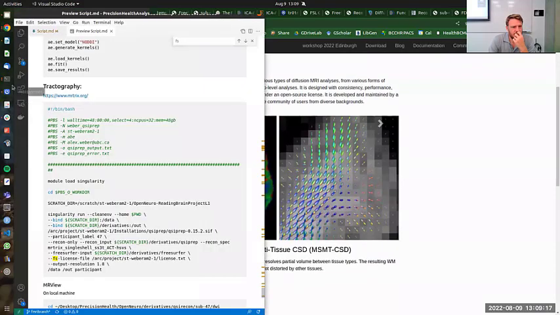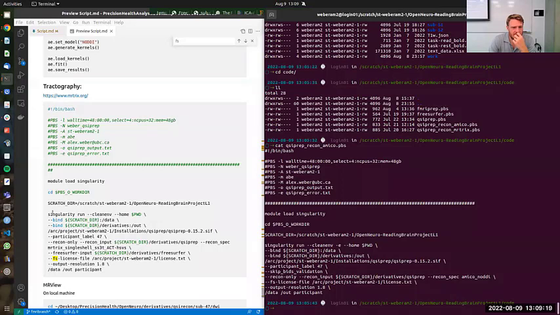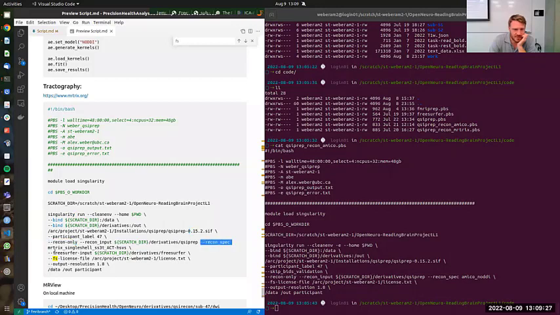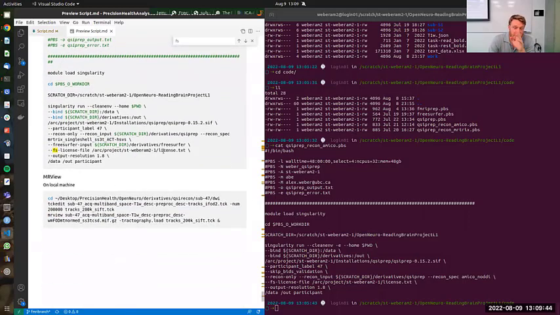So I'll show you what that script looks like. Again, I'm running Singularity because I'm calling my QSIPrep, and then I'm telling it to do this reconstruction. The reconstruction I want it to do is MRtrix, single shell, and so on. It requires for you to have run FreeSurfer, so I think I had to have run that previously. And that's it. You would run that, and what you get